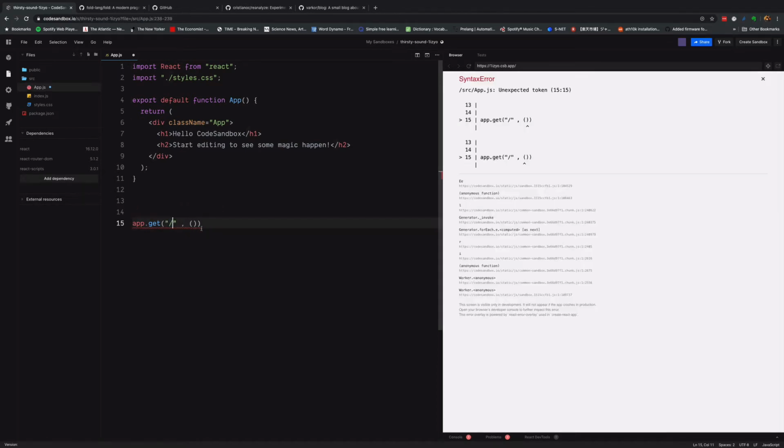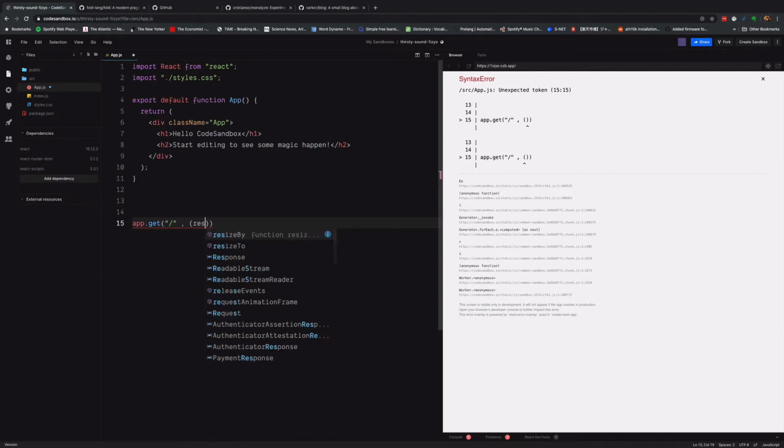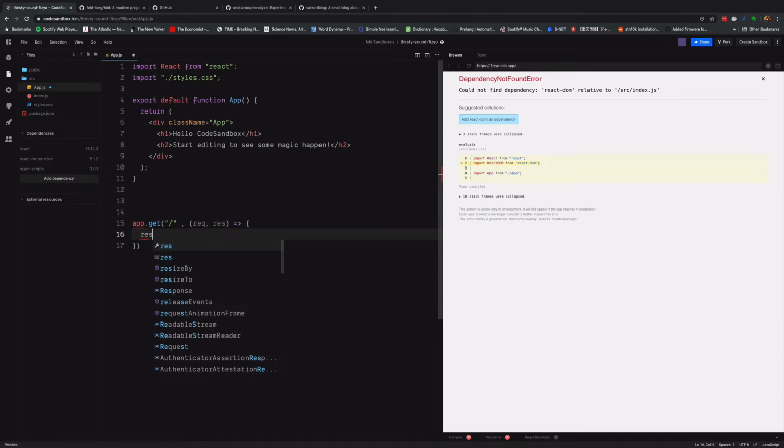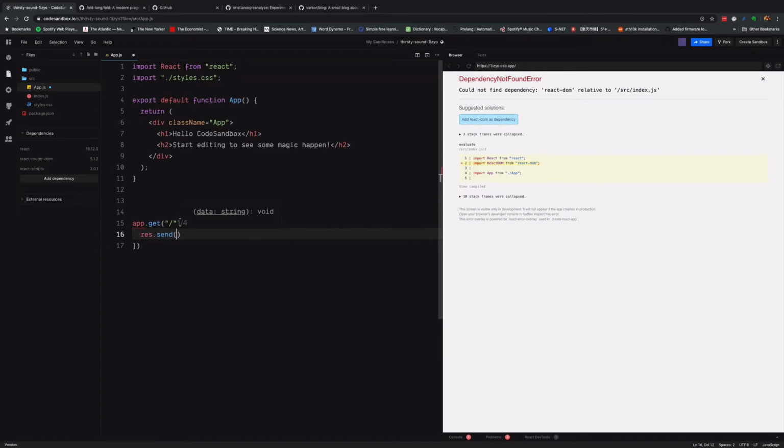So let's say it was first slash, and then you have a request and response object. And in the end, you can send something like response.send, and inside of here we are actually sending some HTML, let's say a div